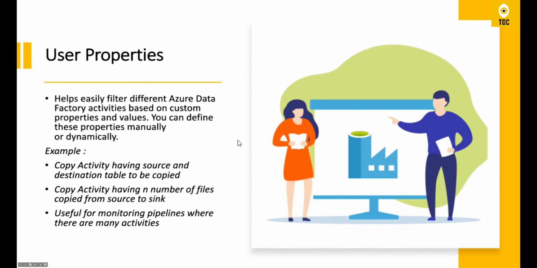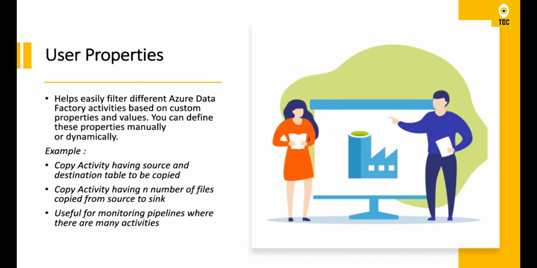So as you can see, by definition, what exactly do user properties mean in Azure Data Factory activities? They basically help easily filter different Azure Data Factory activities based on a custom property or values. That means when you are debugging or monitoring any pipeline,